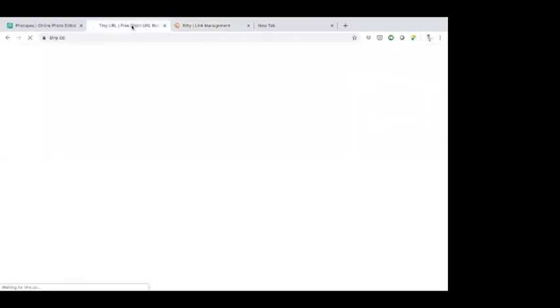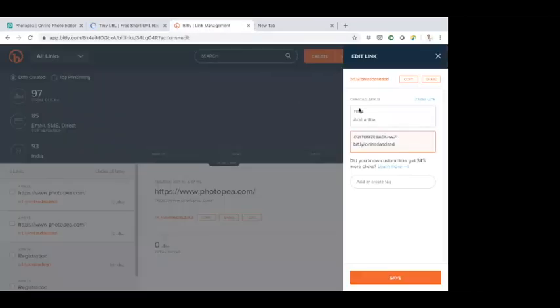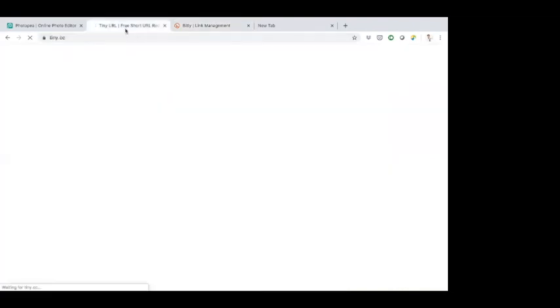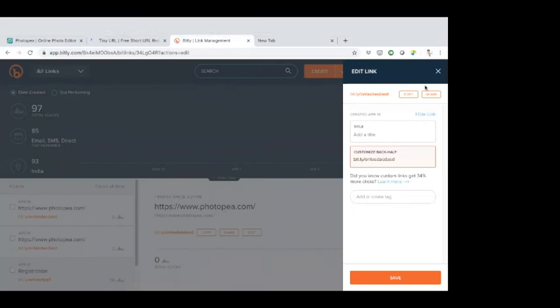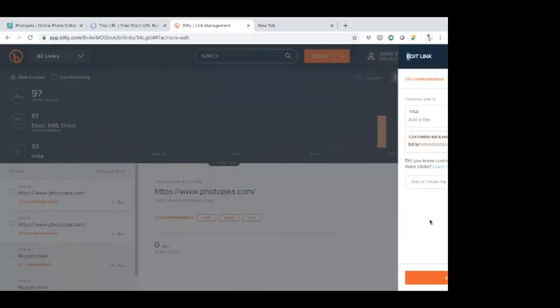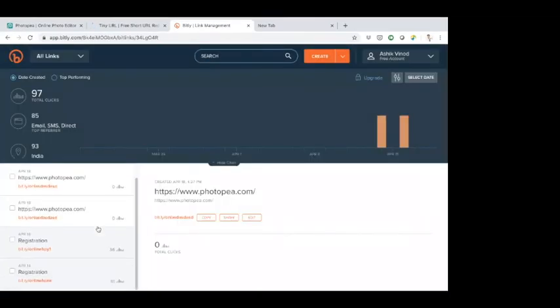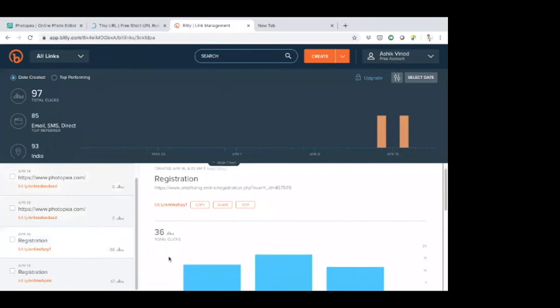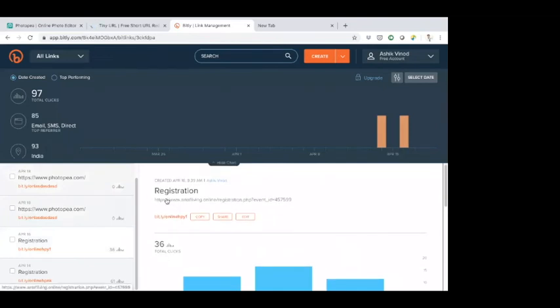Is it possible? That is possible if you make an account on this tiny.cc or bit.ly. For example, you can see that I have created these many links on the left side. If I click on this online HPY, it shows the registration link which is there.